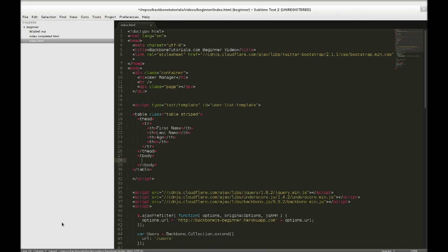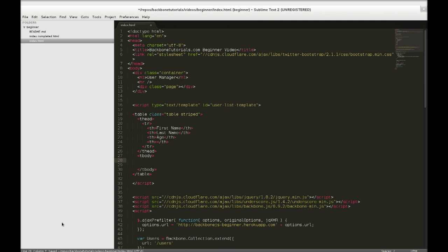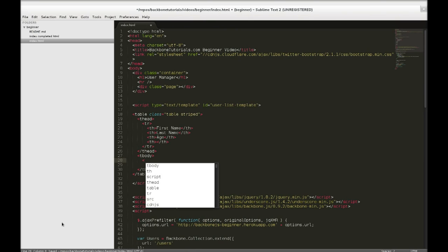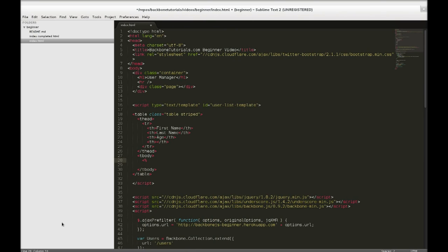Great. So for anyone who's used server-rendered dynamic server pages, we can actually put our logic inside the template using underscore's syntax. There's a lot of different templating libraries such as Mustache and Handlebars, but today we're just going to use underscore. So for each user we actually want to create a row. So using underscore,